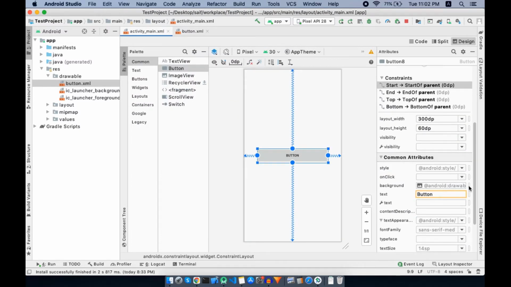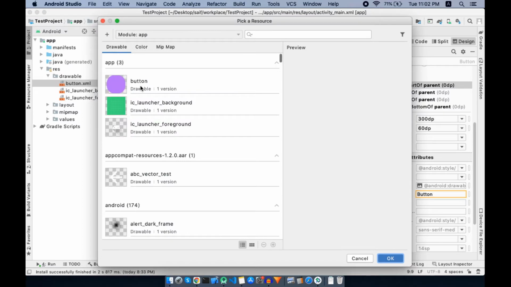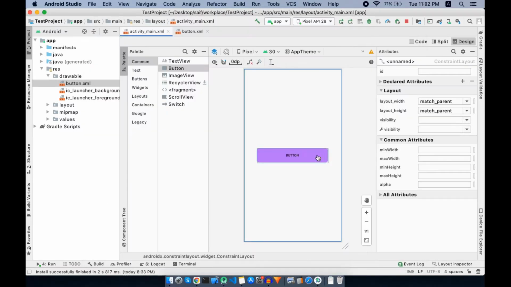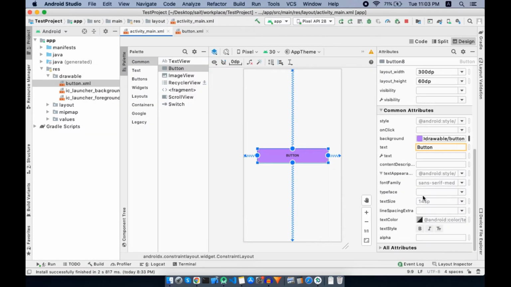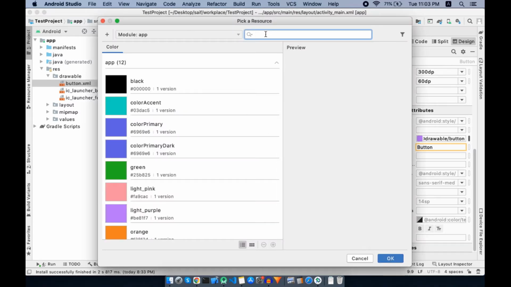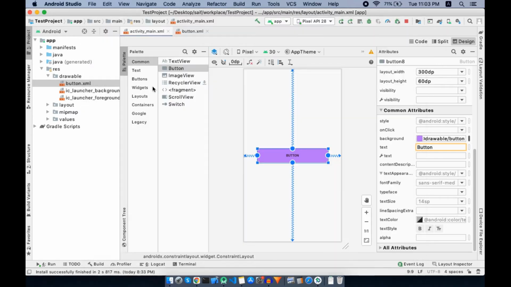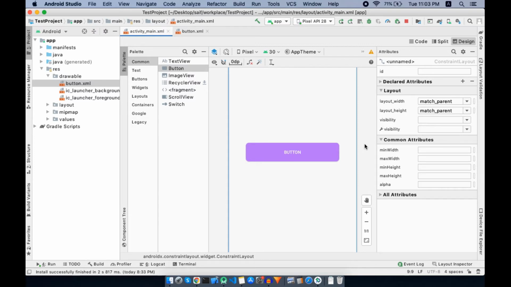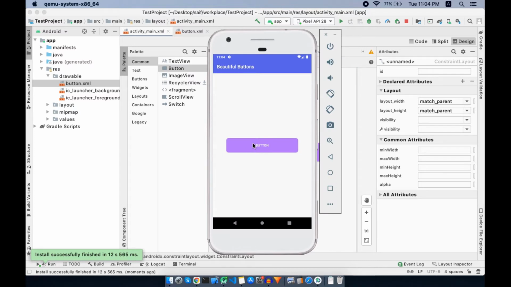So select the button, go to the background property, and under drawable we will select this button which we just created. As you can see the drawable is applied. Let's change the button text to white. Text color I will search for white and apply. So you can see the button is ready. Now let's run the app and test on the real device. So if I press the button, it's like a stone, no feedback. So let's introduce the click effect to make a better UX.